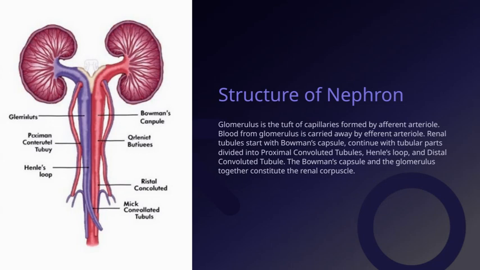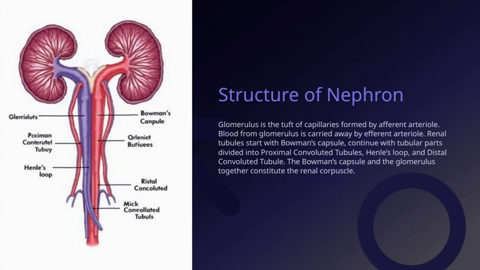Let's take a closer look at the structure of the nephron, starting with the glomerulus. The glomerulus is essentially a tuft of tiny capillaries, and it's formed by an afferent arteriole, which brings blood into this network. From there, the blood is filtered through these capillaries, allowing the kidneys to perform their vital function of filtering waste and excess substances from the blood. Once the blood has been filtered, it exits the glomerulus via the efferent arteriole. This part of the process helps regulate blood pressure within the glomerulus and directs the filtered fluid into the next